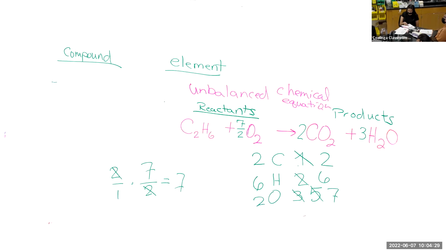So if I took Tina and I cut Tina in half, is Tina going to be okay? No, Tina's not going to be okay if I cut her in half. So if I took one molecule and cut it in half, that molecule isn't going to be okay, right? But I can use that to get me to my next level. What can I multiply a half by so I can get a whole? By 2, right? So if I multiply this whole equation by 2,